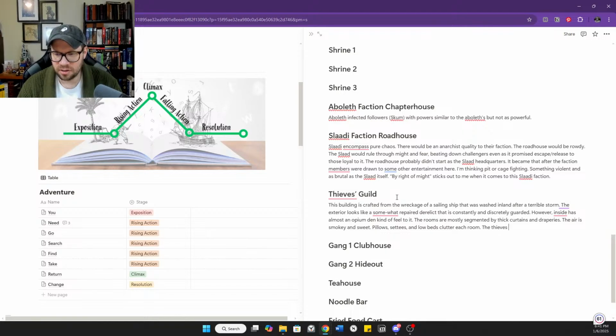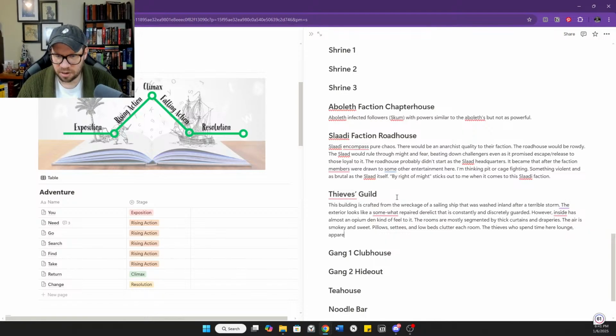Thieves who spend time here lounge, apparently inactive, but watch everything with the keenness of a cat.